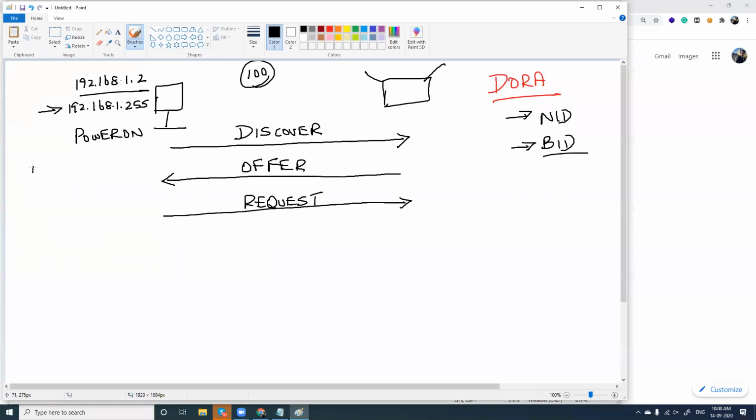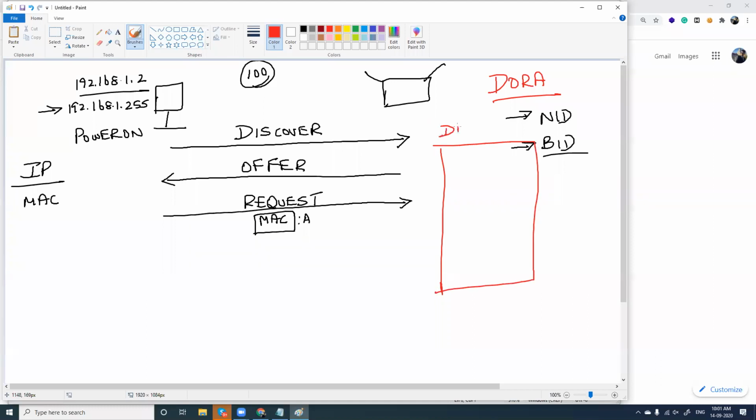And in case a computer doesn't have an IP address, what is the other address which we use? It's the MAC address. Fine. So when it is requesting an IP address, it will say, okay, I have this particular MAC address. I am MAC address A, and I need an IP address. Fine. So what does your modem do? In case DHCP is enabled, your modem will have a table which is called the DHCP table. I will explain all these in detail, and we will be configuring this table range, everything in detail. This is the DHCP table which your modem has, and or router, modem, anything.